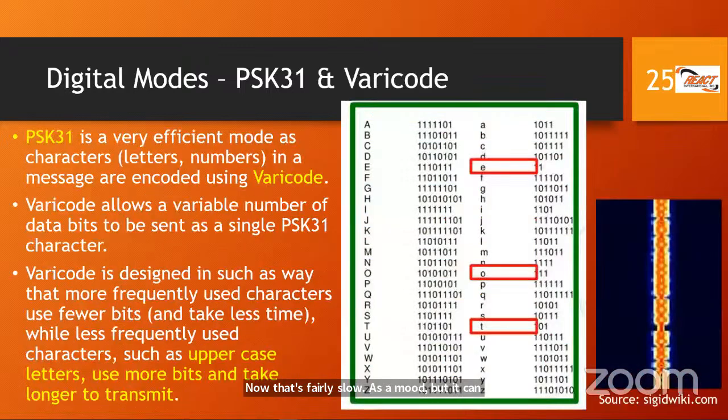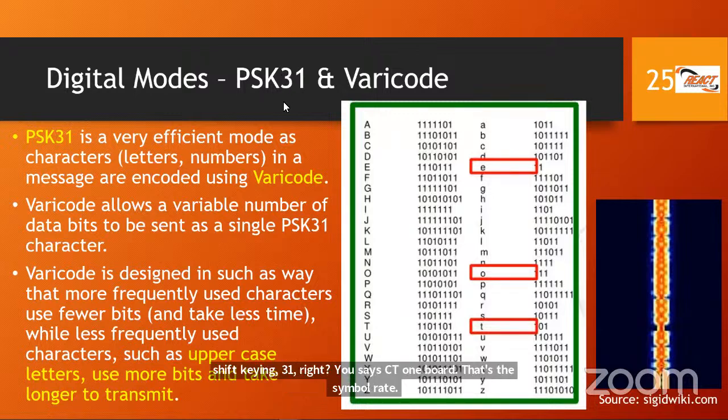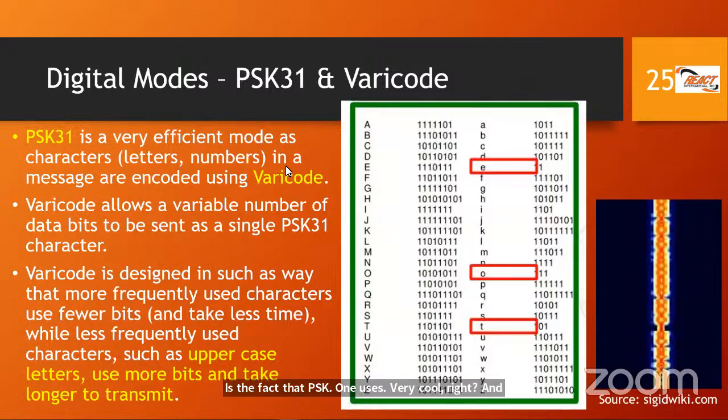All right, so the other thing that we need to know for the exam about the mode called PSK31, phase shift keying 31, which uses 31 baud as the symbol rate, is the fact that PSK31 uses varicode. And what exactly is varicode? It is using a symbol or a character to represent many